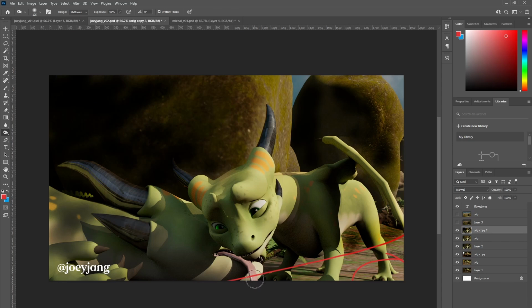I would say maybe a quarter to a third of a stop exposed down.